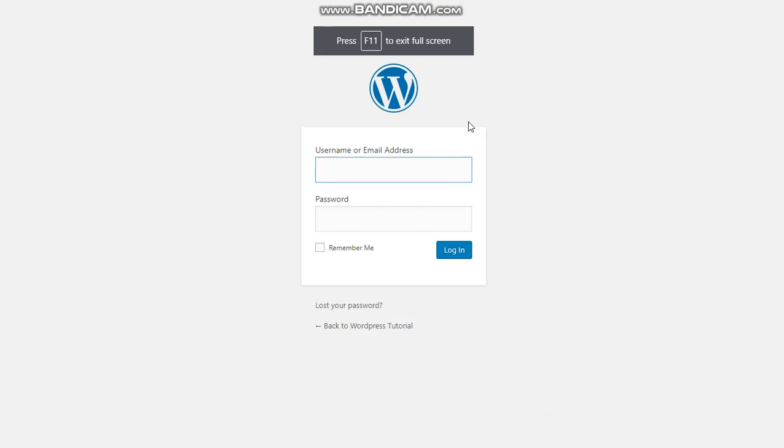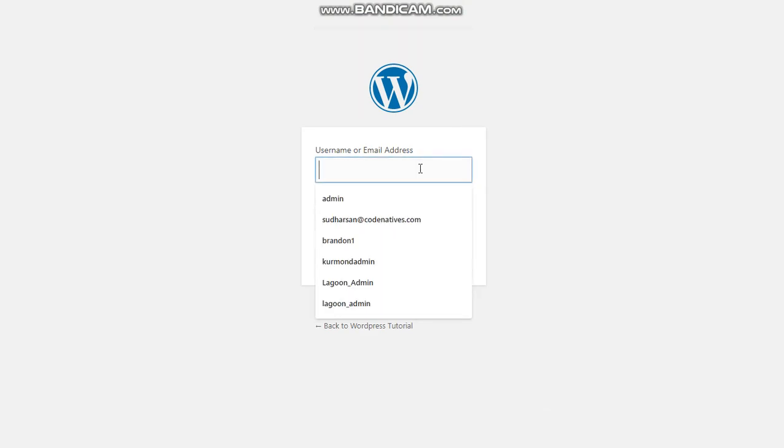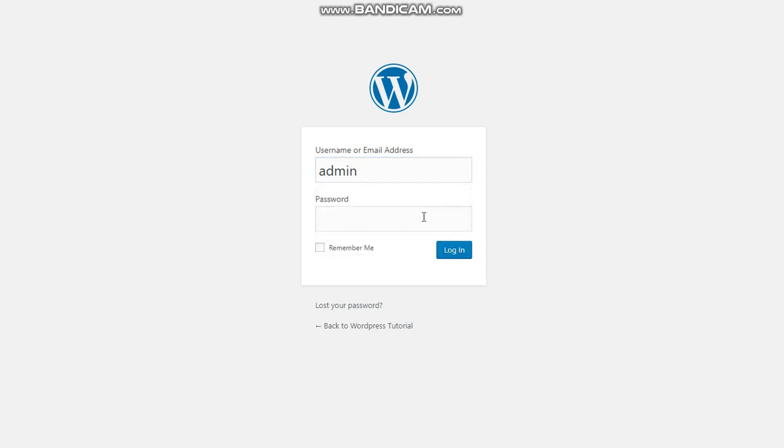Okay, here it's asking me for the username and password which we provided earlier. So I'm going to give admin, password admin#123. Now I'm clicking login.